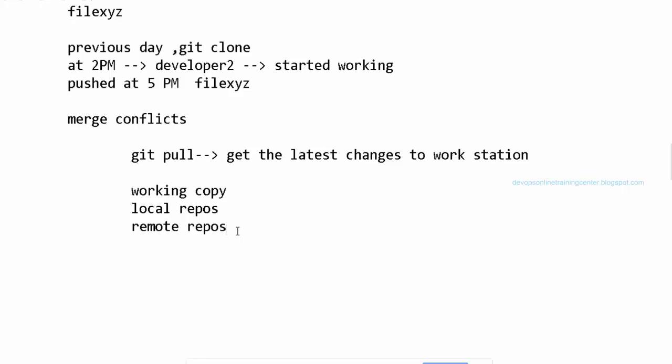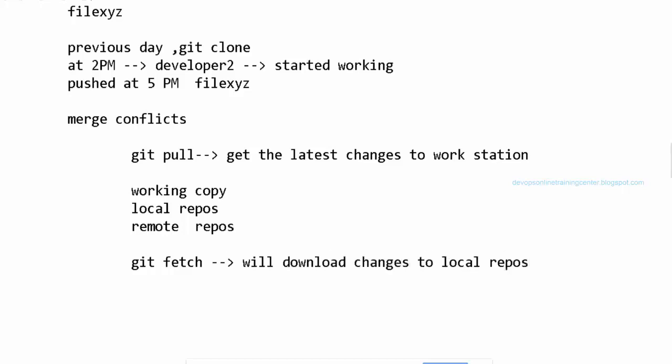What we can do is not download the code directly to the working copy, but download it to the local repository. How do we do that? There is a command called git fetch. Git fetch will download changes to the local repository.